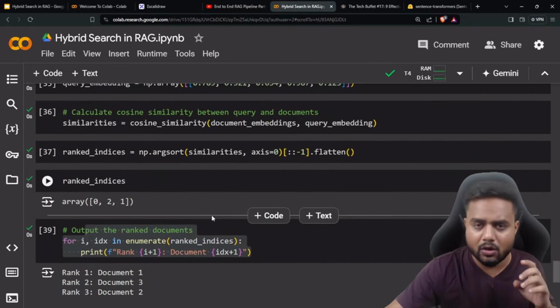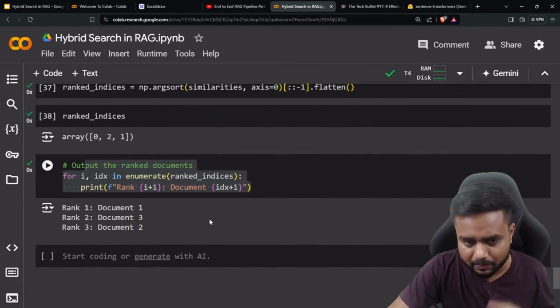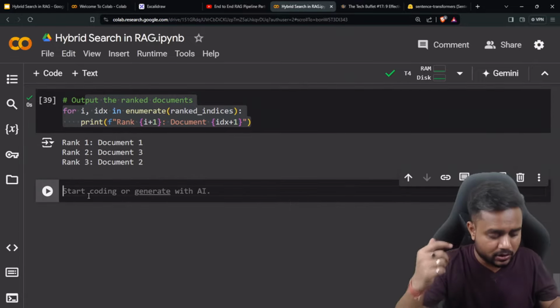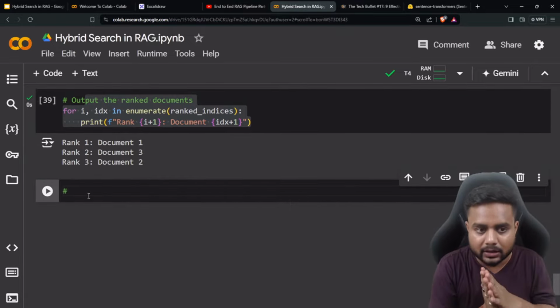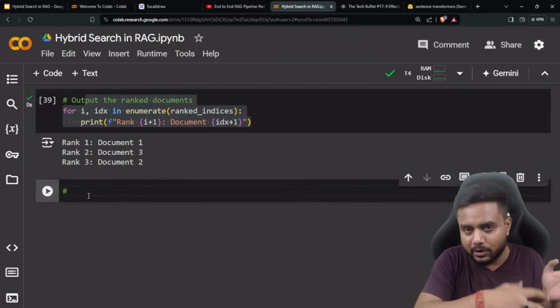Now in the next part, I'm going to perform the same thing. I'll be loading the real data from the PDF, and on top of it we are going to perform this ensemble search, meaning this hybrid search, vector search and the keyword search. I think you got to know the fundamentals. Now we are doing the same thing using